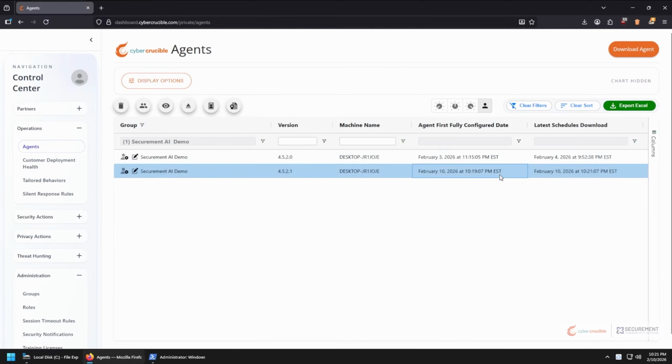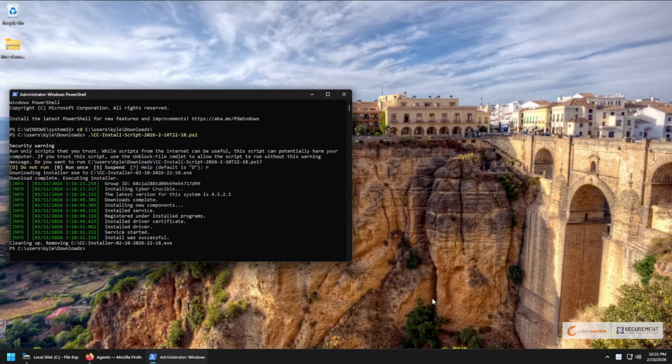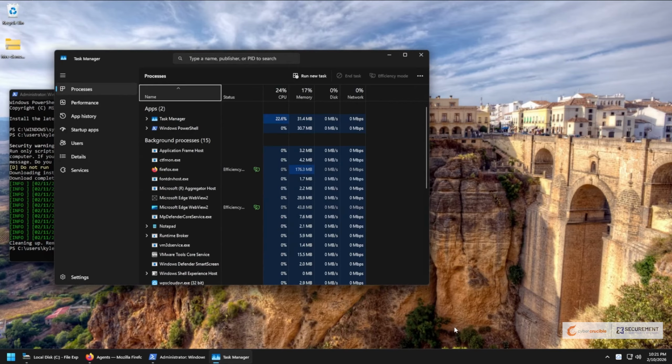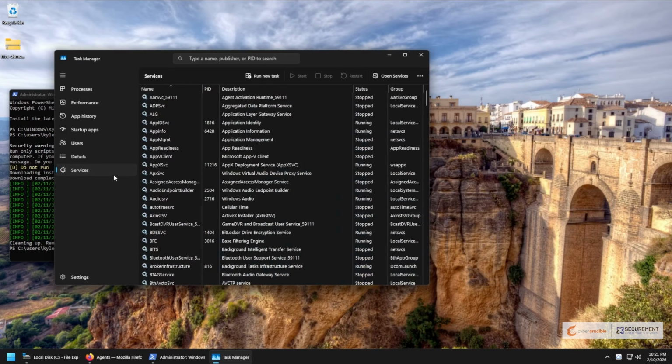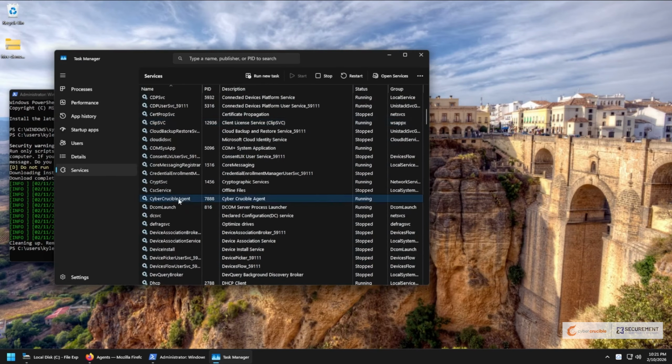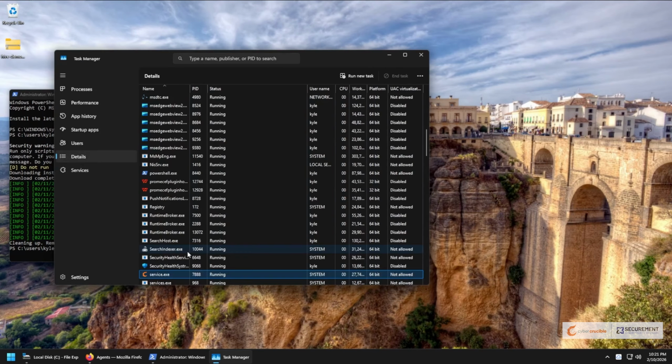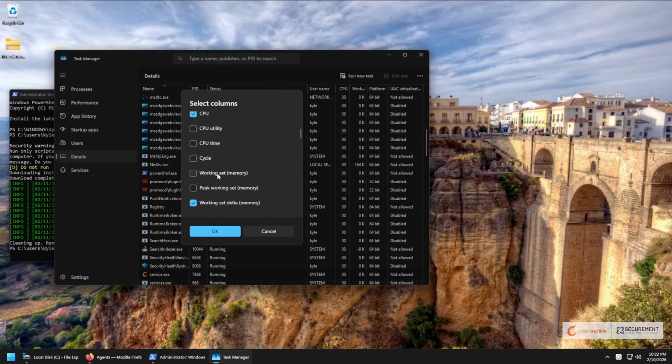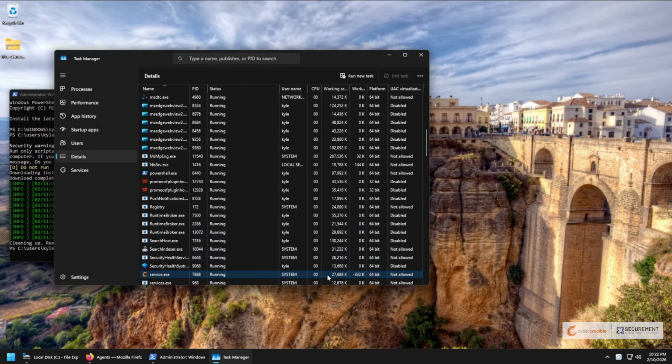So now that Cyber Crucible has been fully deployed on this system, I'll go ahead and pull up a task manager just to show that the service is running and the resource consumption. We can go to services and just scroll down to the Cyber Crucible agent and go to details, and we can see that it's running using about 0% of the CPU, and the memory delta is pretty much consistent. Actually went negative there for a second, which is great, and we can actually dig deeper and see exactly what the working set of the memory is, and it's using about